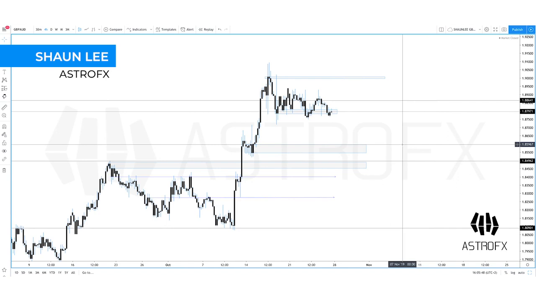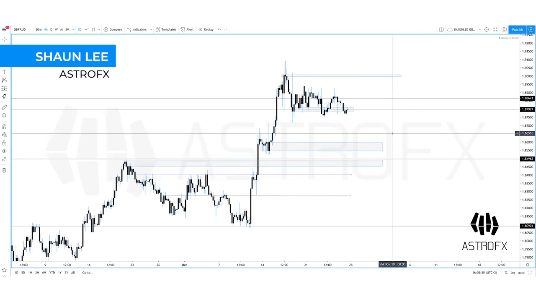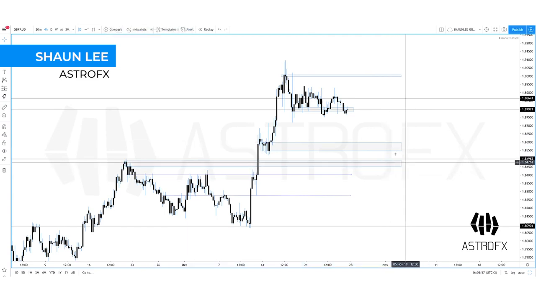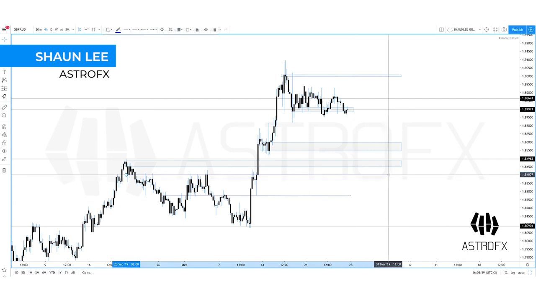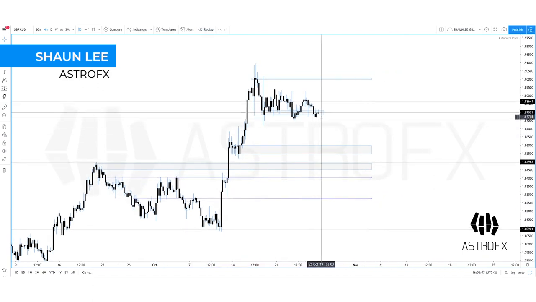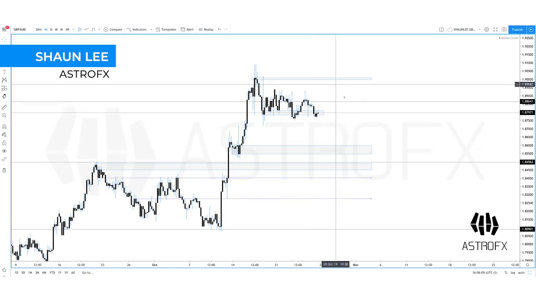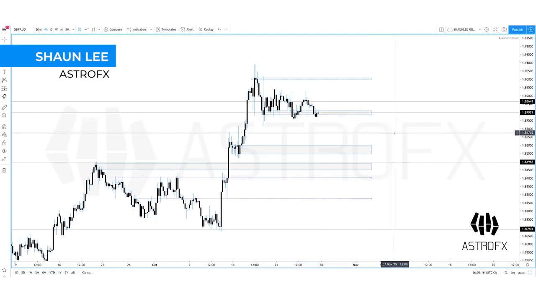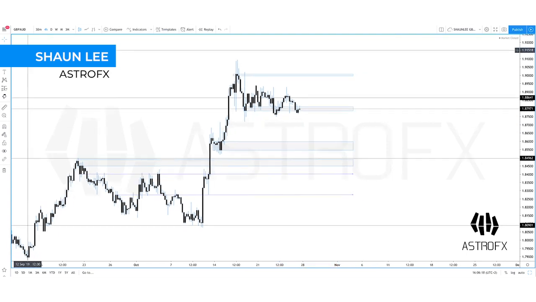Now, GA, let's bring this across a little bit more. So you don't have to be super OCD when you're bringing your levels and areas across. As you can see, it doesn't matter too much as long as you can see them and you can see it gives room for price to fall or rise into these areas. This one, that's great right there. All right, so GA, what I'm going to do here is